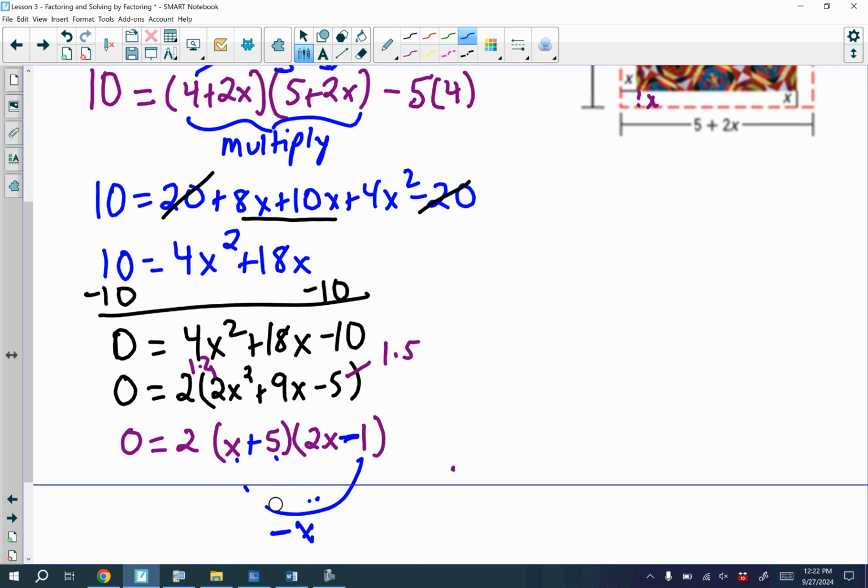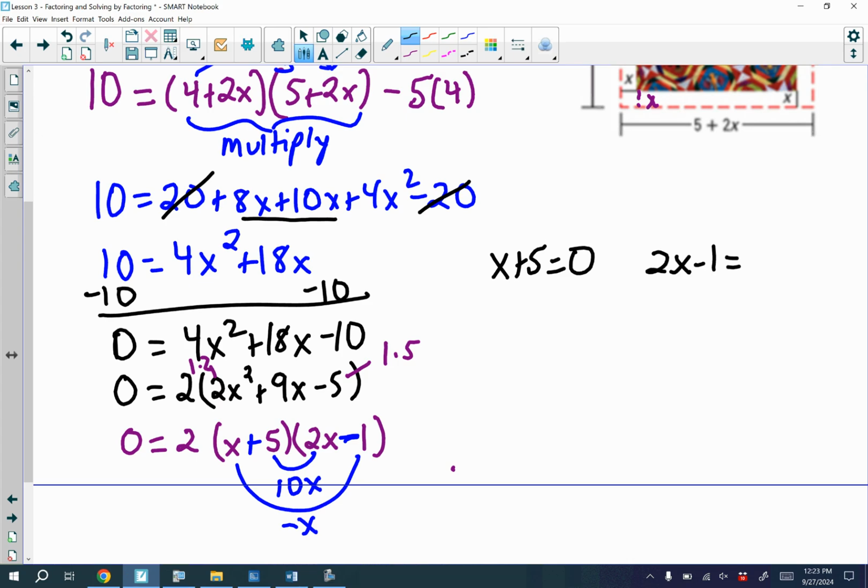Okay, now, once I'm done with that, I'm going to leave this here just in case you need to keep that down on your notes. There we go. Now, I'm going to set each set of parentheses equal to 0. So my x plus 5 and my 2x minus 1. Now, remember, I don't set 2 equal to 0 because 2 cannot equal 0. That doesn't make sense. Okay, now I solve, so I get x equals negative 5, and I get x equals,